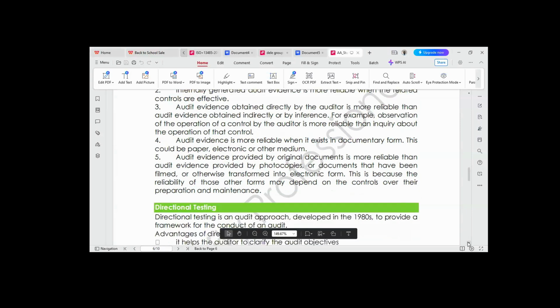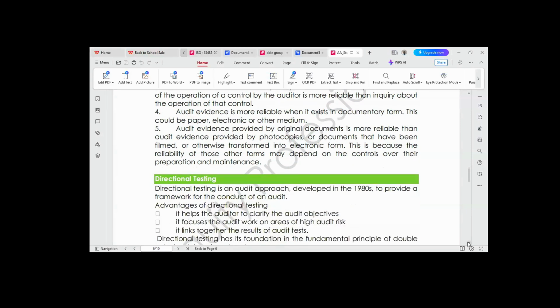Directional testing is a type of audit approach that focuses on what we call the principle of double entry. What am I trying to say? What I'm trying to say is this. This approach states that if there is a variance,